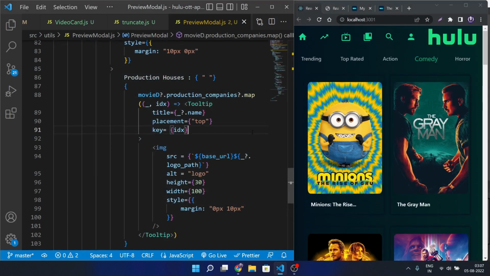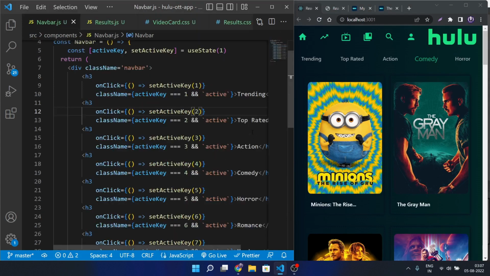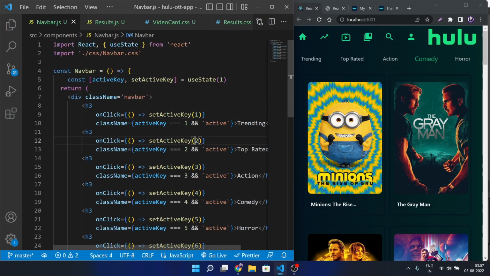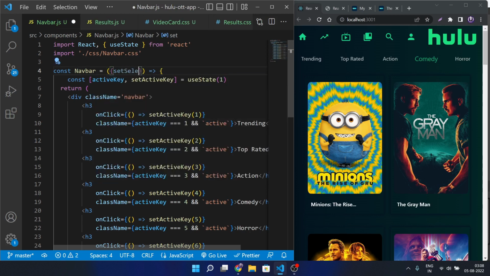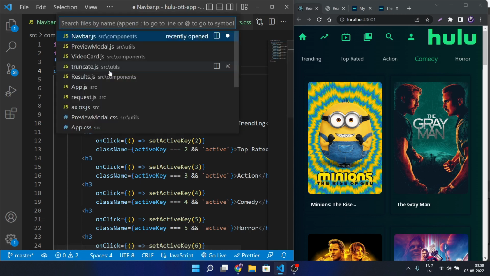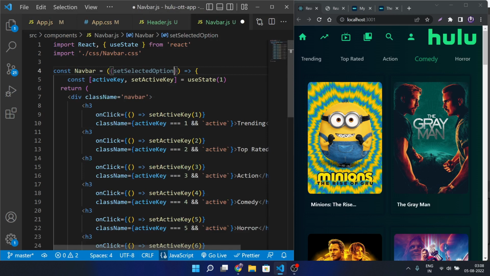It is very easy. Just go back to your navbar.js, and inside of this navbar you simply need to set the selected options that we are getting from the app.js. So here we have this set selected option. Let me check the name once again from the app.js. So here is the name, selected option. Just copy it, and here inside of this navbar